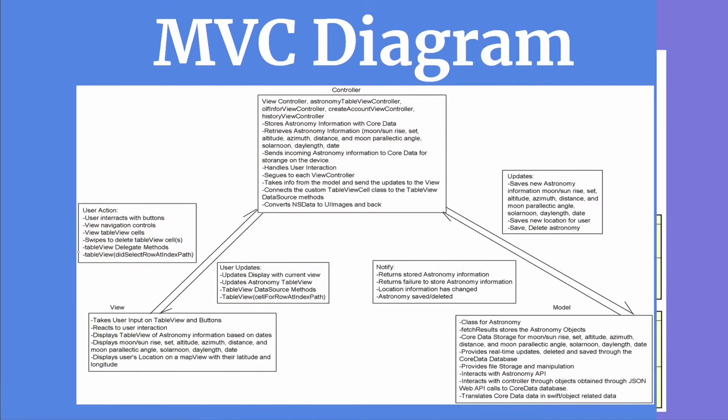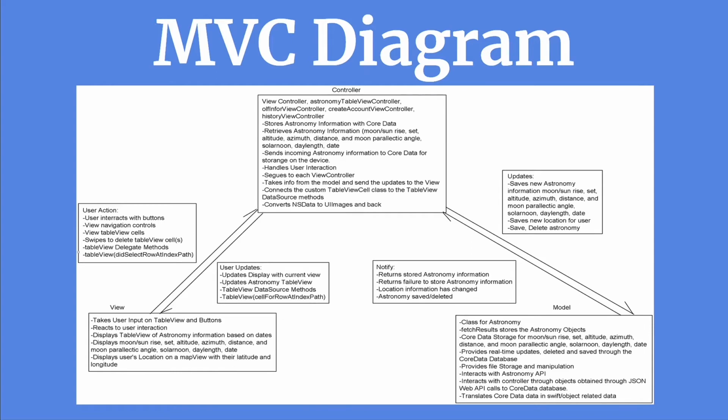This is the MVC diagram with the view, controller, and model. So the view takes user input from the table view and the buttons. It reacts to user interaction. It displays the table view of astronomy information and displays the user's location on a map view with their latitude